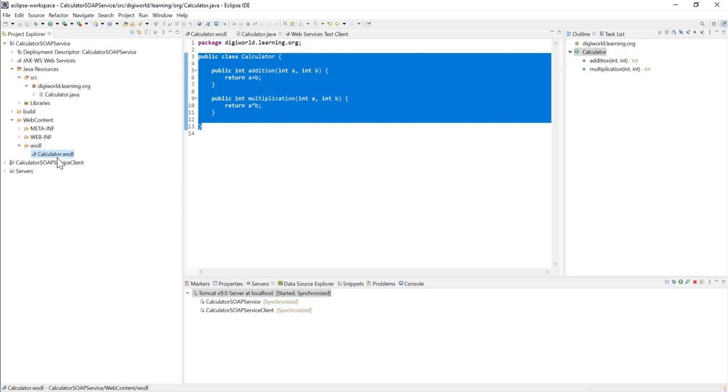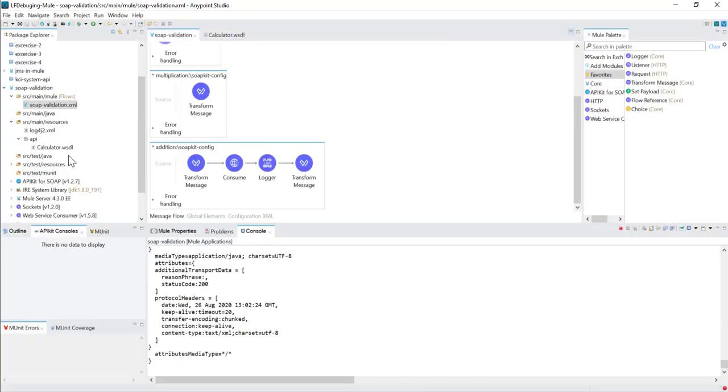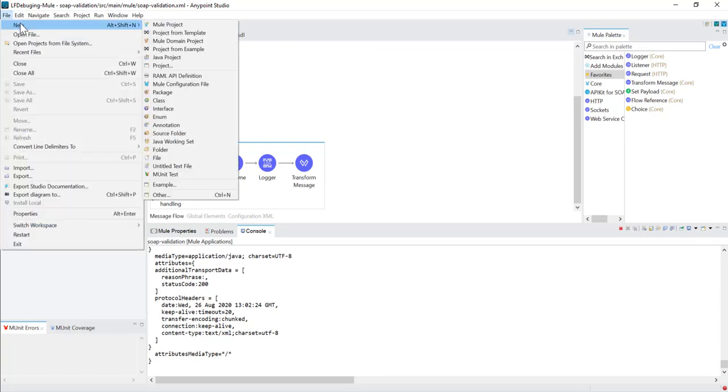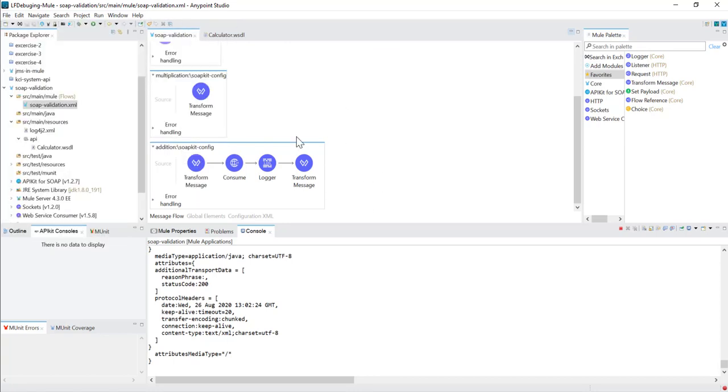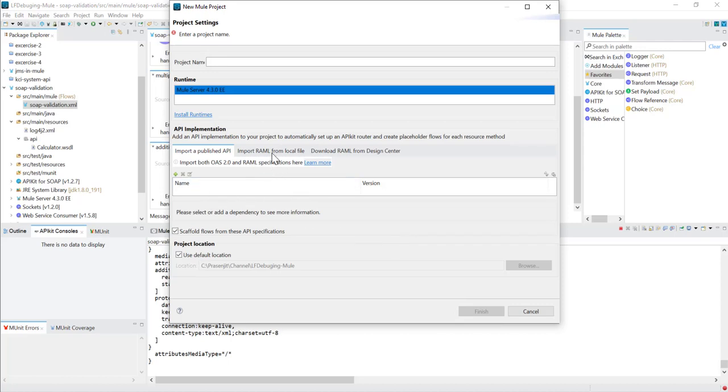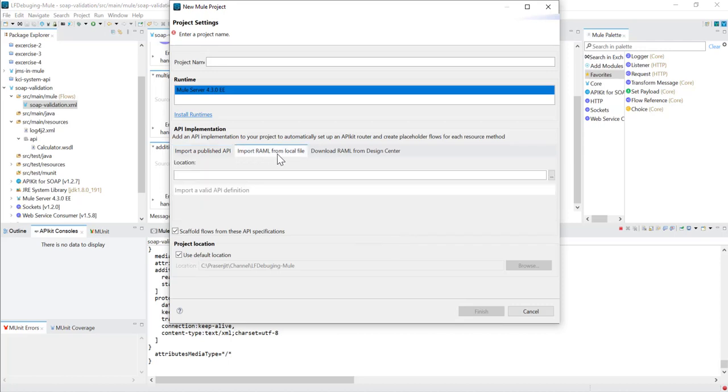So this WSDL file was created, and I can just copy this file and paste it in my local directory, anywhere in my local directory, and we can refer to that from the Mule window, right? So if you just select Mule project, and here as you can see, it is import RAML from local file. So if you come here and you have to provide a project name,